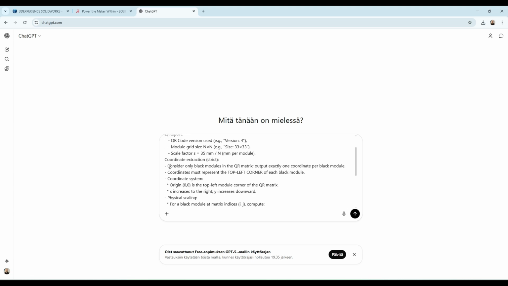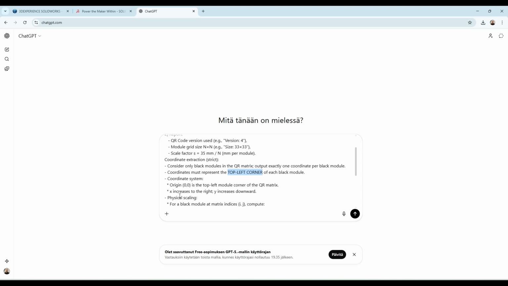After that, only the black modules in the QR matrix will be used to calculate the coordinates, always taking the top left corner of each black module. It doesn't matter that we have the center in SolidWorks.